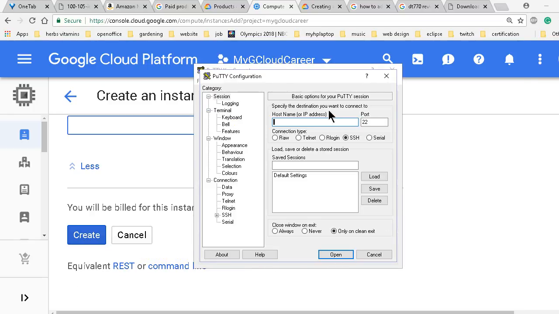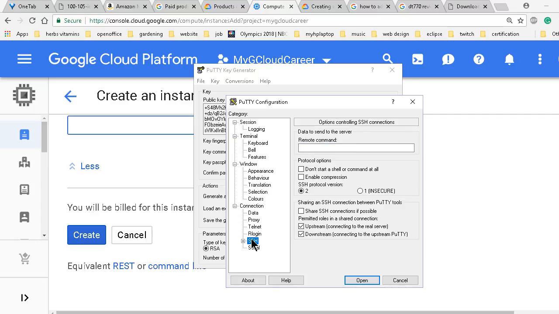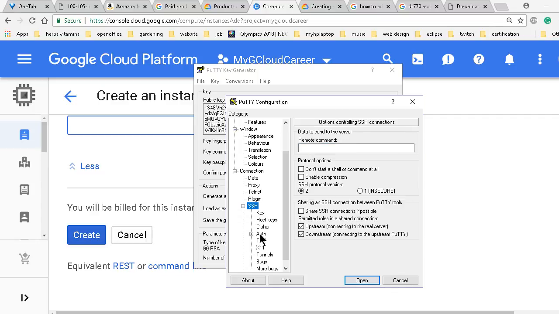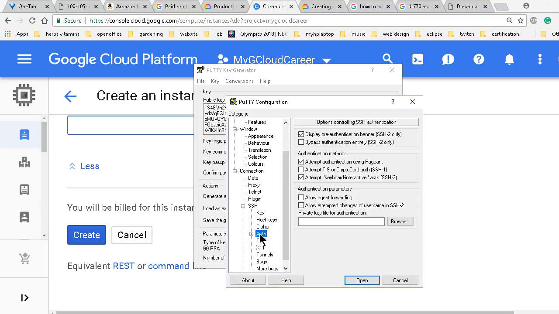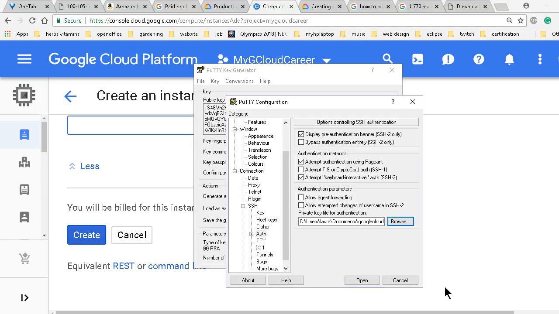So Putty, and what you're going to do in here is you're going to go all the way down here where it says SSH and then AUTH for authentication, and it says private key file for authentication. What you're going to put in here is your private key. Okay, and then you go up here to session,